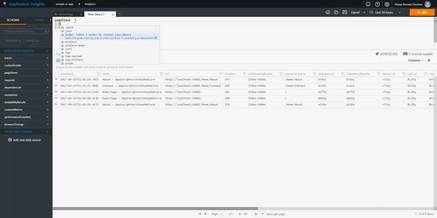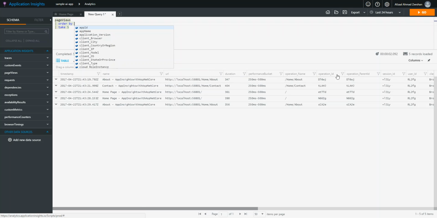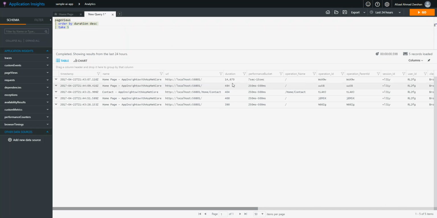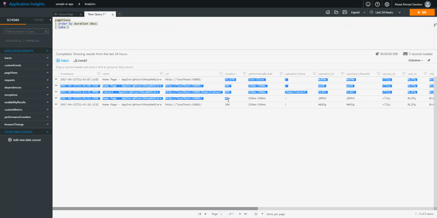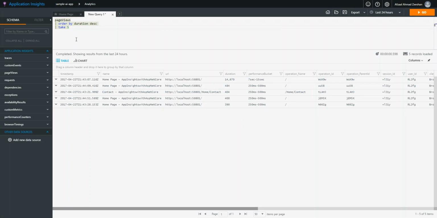We can always sort them or order them, like for example, order by any of the columns from here. Perhaps duration. Duration would be most notable. Duration, ascending or descending. I think descending would do it. So it will select all of the page views, order them by duration in descending order, and then take the top 5. Let's do that. As you can see, these are now the top 5 page views ordered based on the duration in a descending order. We can perform the similar operation based on other columns like session ID, user ID, name,